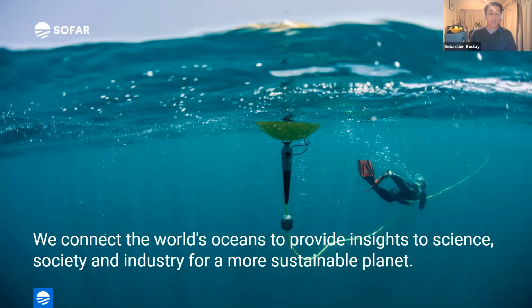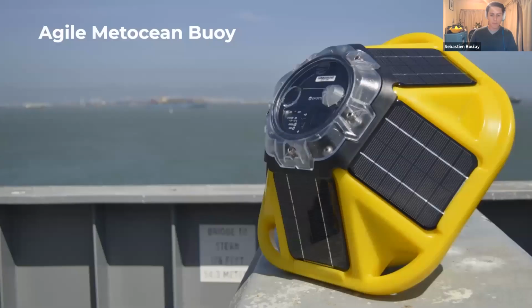And our vision really is to empower everyone, and not just scientists and engineers, to collect the marine data that matters to them. Practically, that means offering affordable, convenient, and flexible sensors. And this is where our initial idea comes in. Believe it or not, it all starts with a simple idea to make it easier to gather data. So we started about